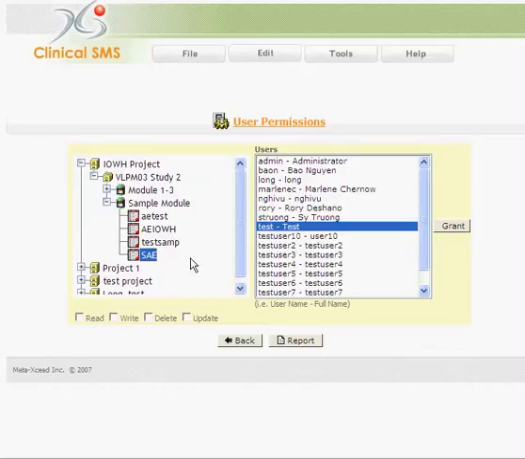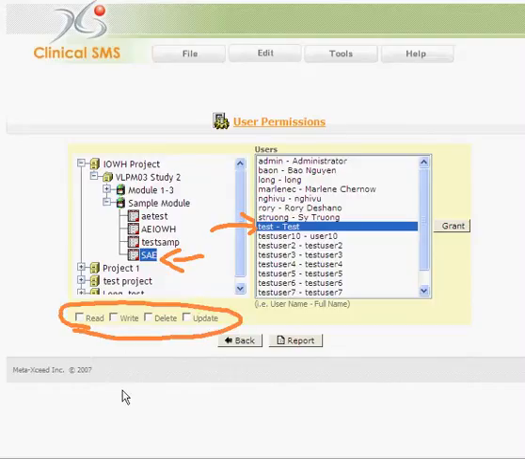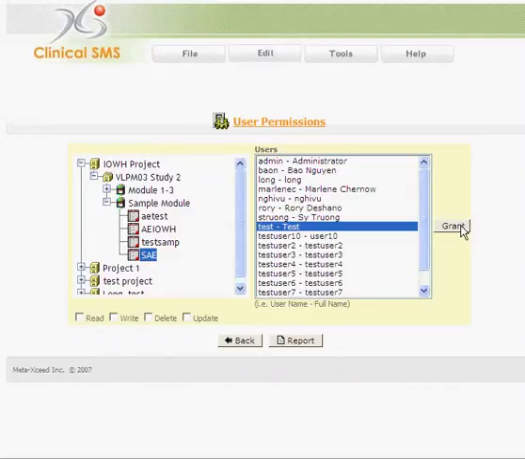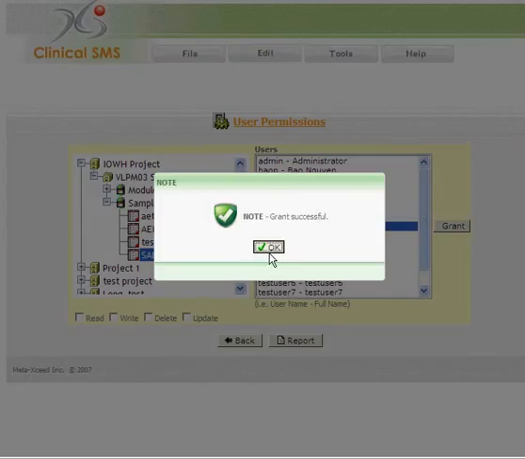So for example, for this database, I'm going to grant to this test user. First of all, I'm going to leave all the permissions blank, meaning that they will not have any permissions, and click on Grants. Well, if I were to do that,